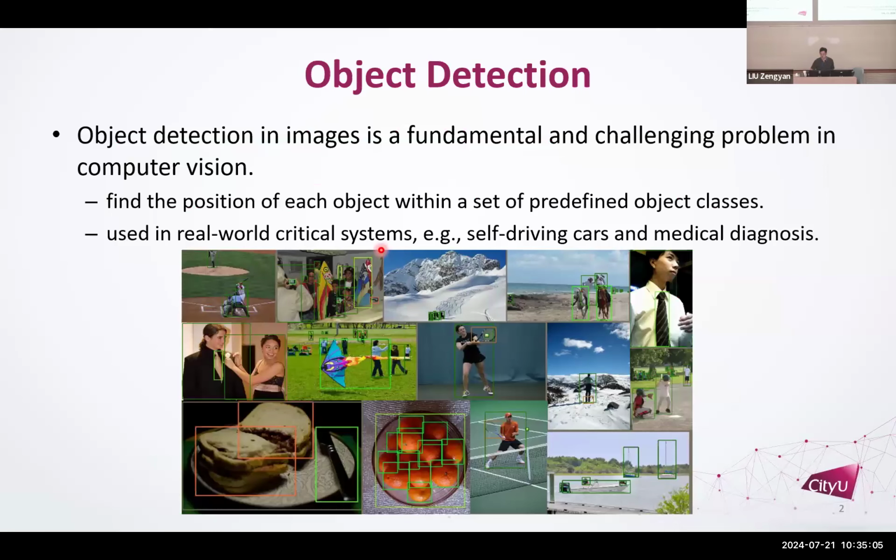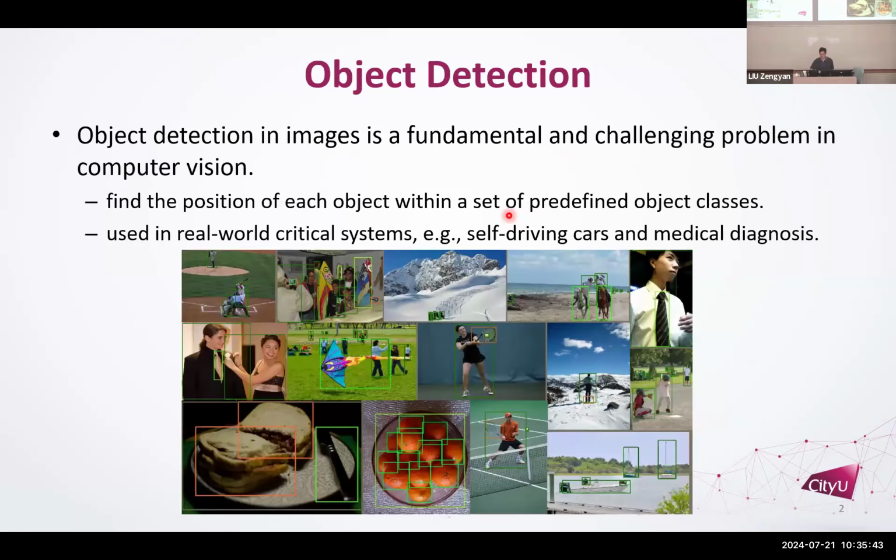Okay. So in this talk, I'll mainly be talking about object detection because we're interested in autonomous vehicles, and object detection is one of the fundamental technologies used to detect cars and people in front of the vehicle. Okay, and for those of you who don't know, object detection is this classical problem where we want to find the position of each object in a particular image, and we have a set of objects that we're interested in. Okay, and here are some examples of results. Okay, and this is used in self-driving cars and medical diagnosis. It's also used in your phone when you take a picture, it finds your face.